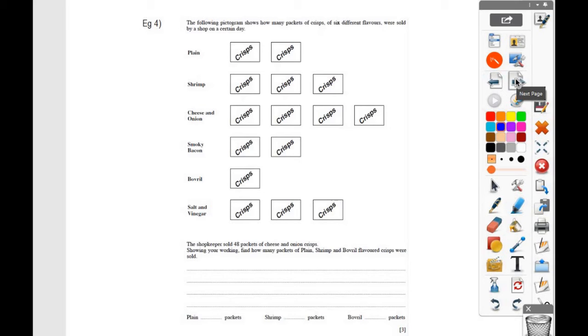Example 4, this time we're given a pictogram and we've got to work backwards. They show us that there are 6 different flavours of crisps sold by a shop on a certain day. But the thing that's missing here is that there's no key. And as we said at the beginning, a pictogram must have a key. So, if we set up a key here,